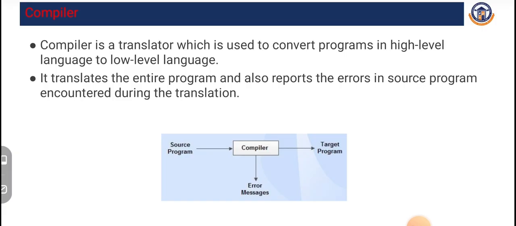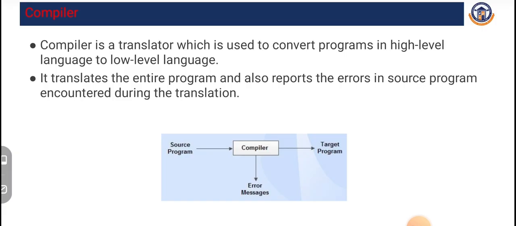Using the translator, it will be converted into low level languages or binary level languages. The low level and binary level language is zeros and ones. The machine can understand the low level and machine level languages. So that's why we are using the concept of translator. It translates the entire program. The compiler will translate the entire program and also report the errors in the source program encountered during the